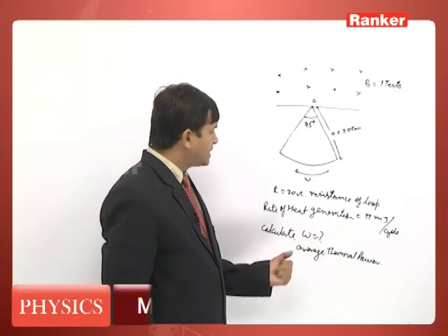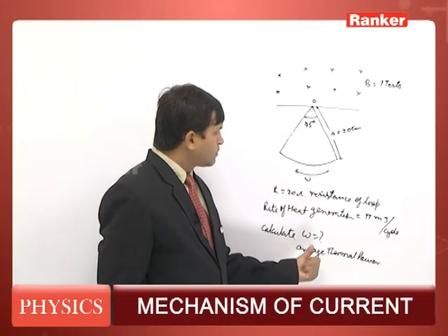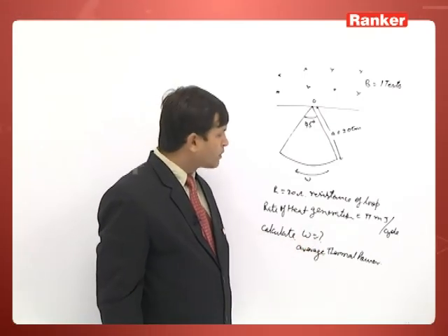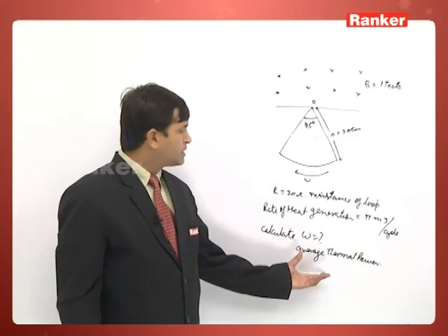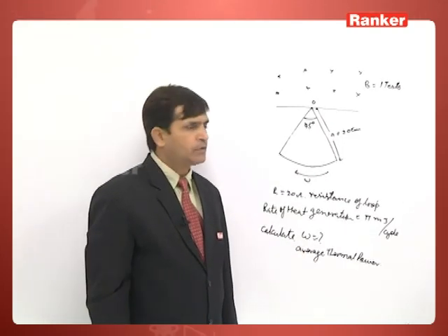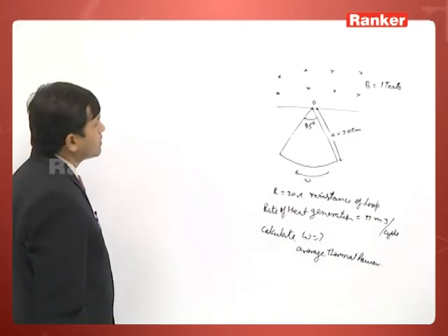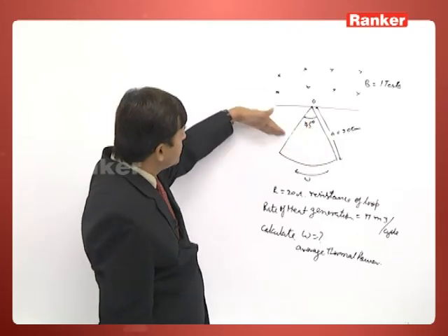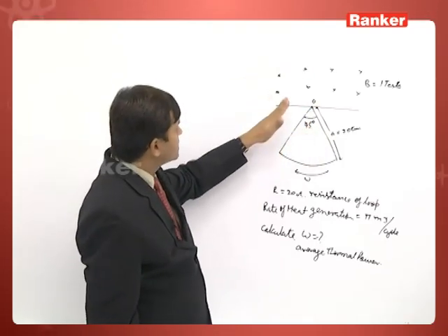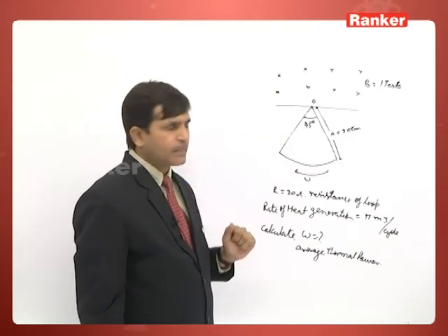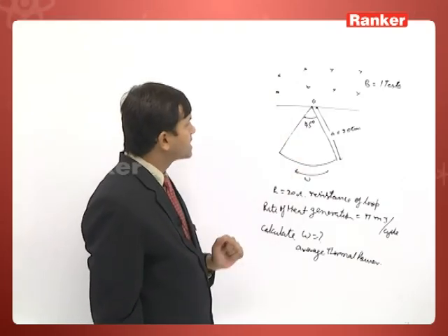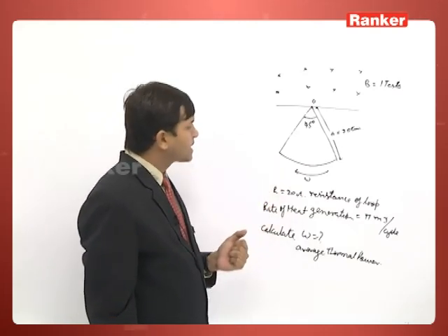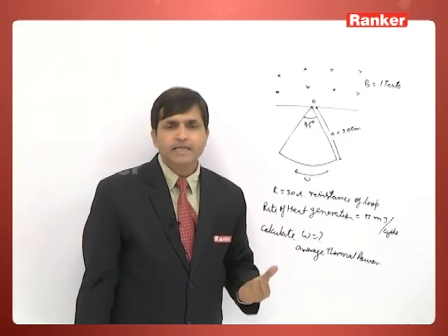So what do you have to find? You have to calculate the angular velocity of the sector, as well as the average thermal power dissipated. So see, what will happen when the loop is moving in that trajectory. When there is a change in flux, at that time only the EMF is induced, and at that time only the current will develop,